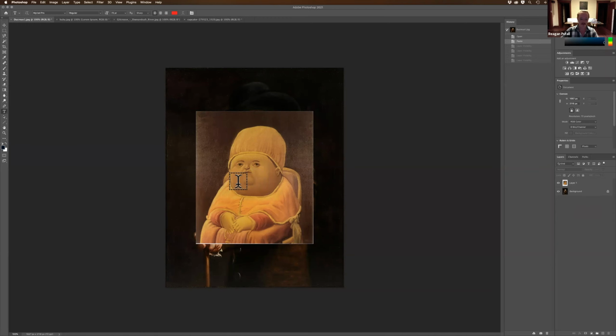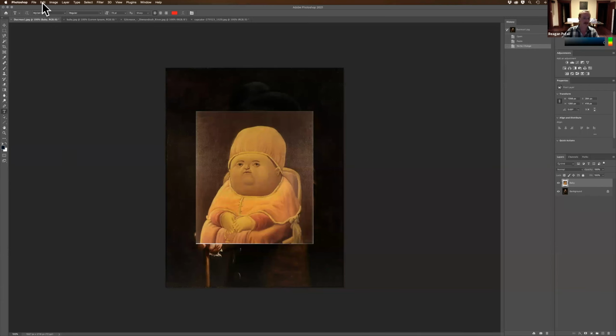So let's move this baby into position. I'm going to make the baby layer active. And you know what, why don't we go ahead and label it? I'm going to double click on where it says Layer 1 and type in baby. Labeling your layers is always a good idea. With this layer active, and I can tell it's active because it has that little box around the layer preview right here, and the layer itself is marked in lighter gray,